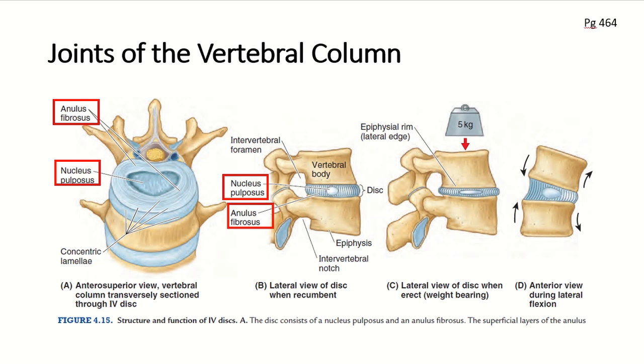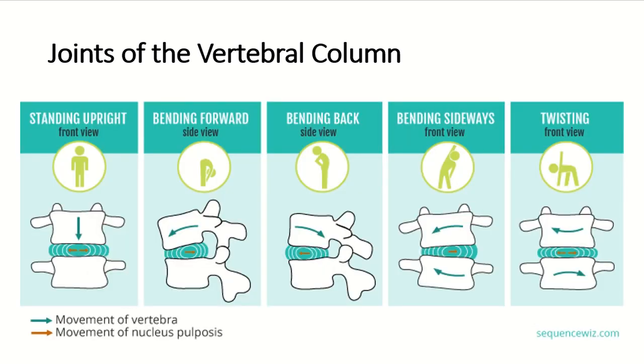And so, as I said before, there is no intervertebral disc between the C1 and C2 vertebra, and the most inferior functional disc is between the L5 and S1 vertebra. If we go down here, I just want to show you what different motions, how they affect the nucleus pulposus and the annulus. So here, if you're standing upright in good posture naturally, you can see that we have